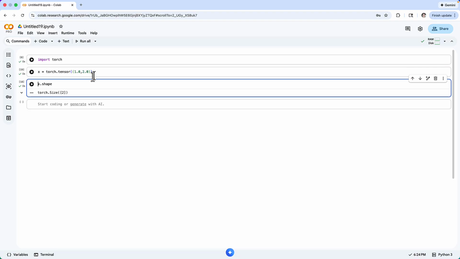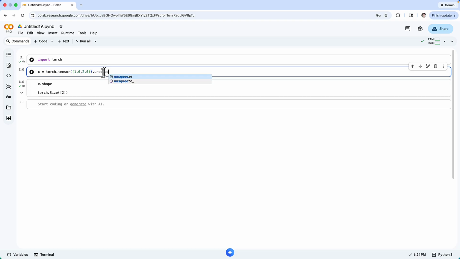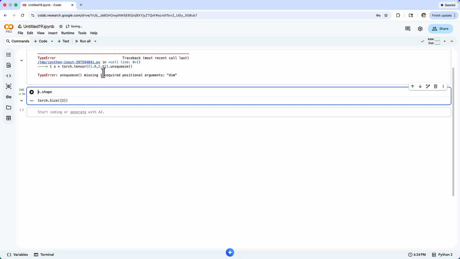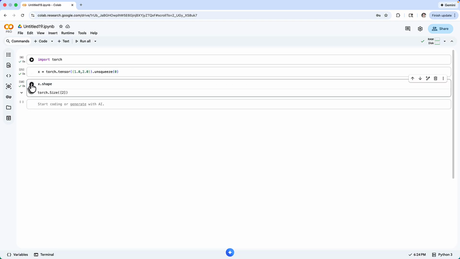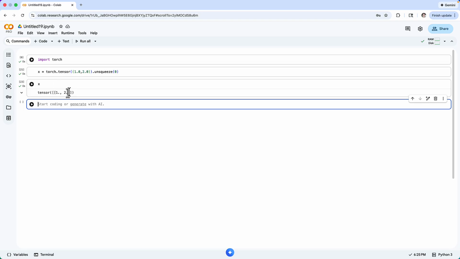So sometimes you want to actually add this additional dimension, and what you can do is you can use the statement unsqueeze, and you just add it to the tensor that you generate, and now what you get is something that has this additional dimension here. So when you look at the data, it still looks the same, but now you see you have one added bracket here, which tells you that this is just one element in a 2 element or 2 elements in a 1 element vector. So this is very important when you do machine learning,